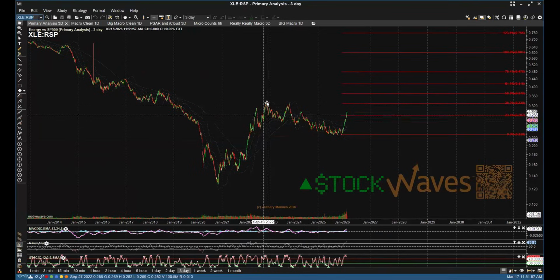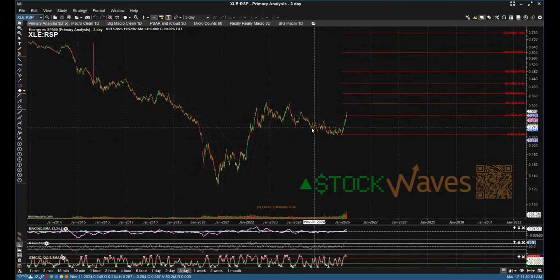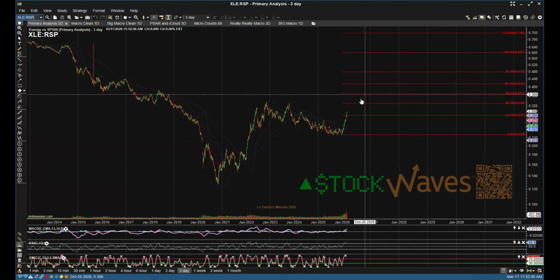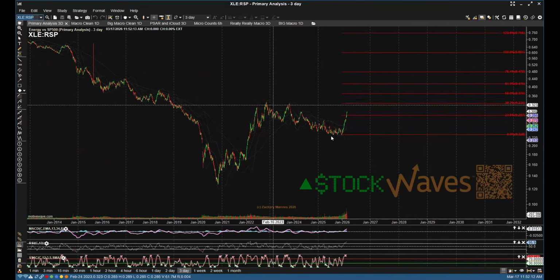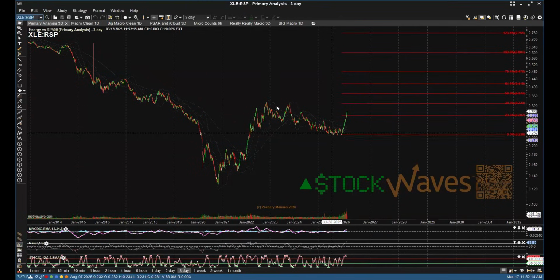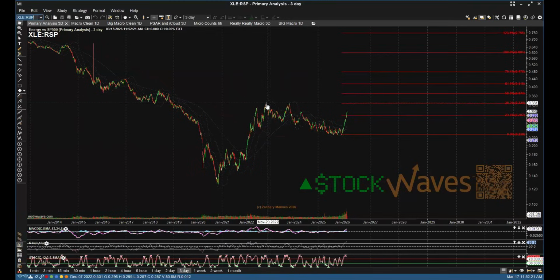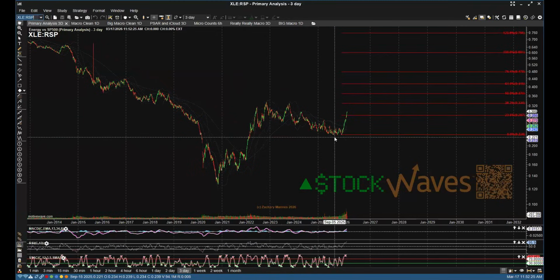individual energy names count as a third wave here, held a wide flat, but pretty relatively higher as a fourth wave, and are working on a fifth wave up in a larger primary wave one. This looks a little bit too big, like some of the individual names that dropped a lot deeper, where it already looks like a primary wave one and a primary wave two, or an A wave and a B, but only 3 waves up into that November 2022 high,